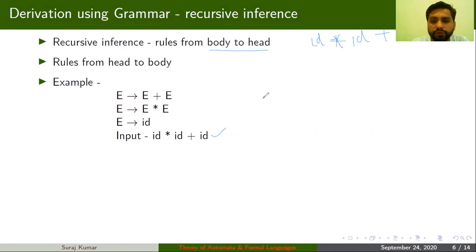From the rules, you can see that this ID can be replaced with E, because you are going in the backward direction.